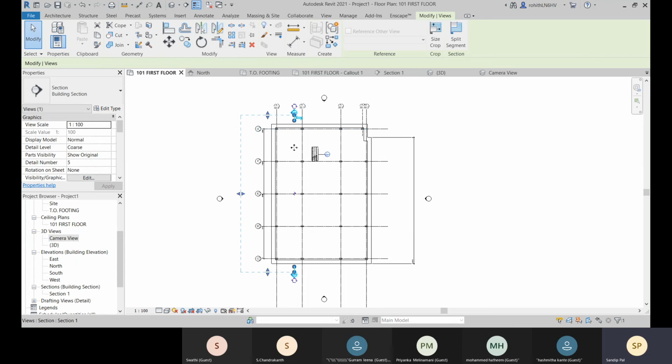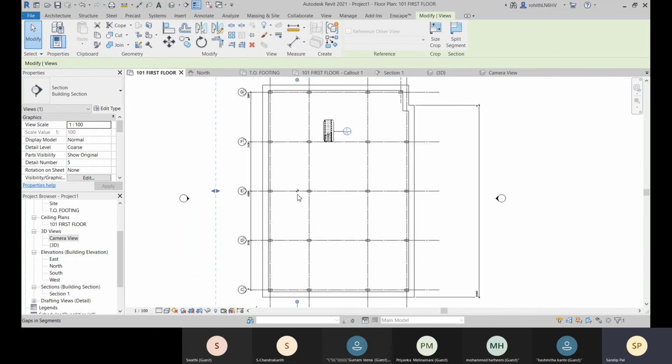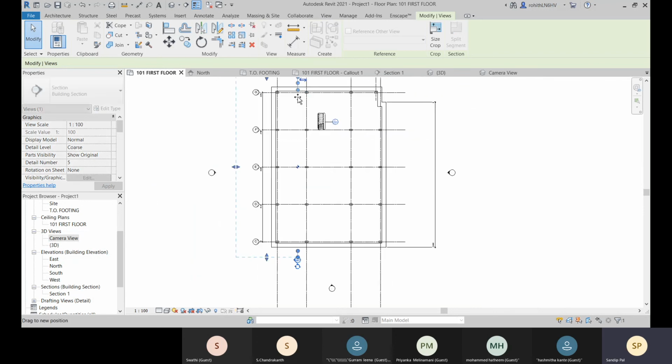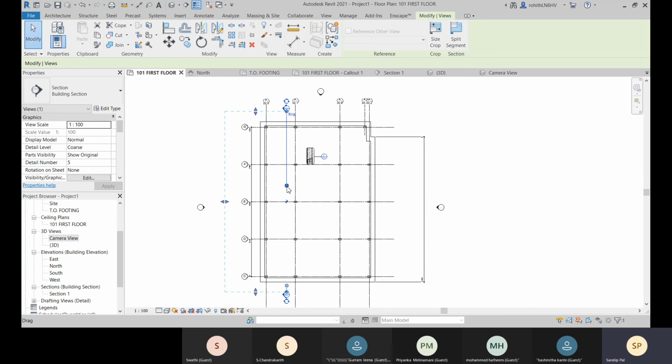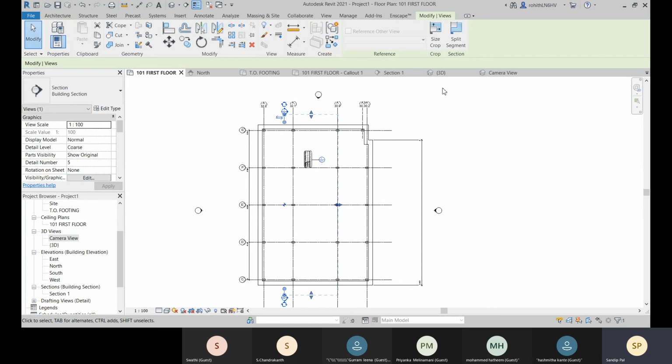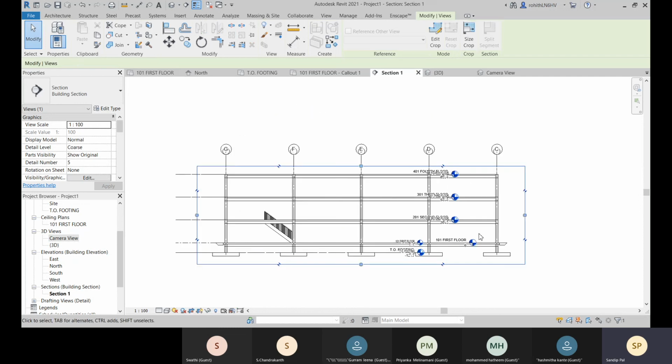This section line can be split with this icon, and then you can change the length with this grip point, and this is the section view box. You can also change the depth and length. You can flip it around, and it will be reflected automatically. So that's how we created the section view and detail view.